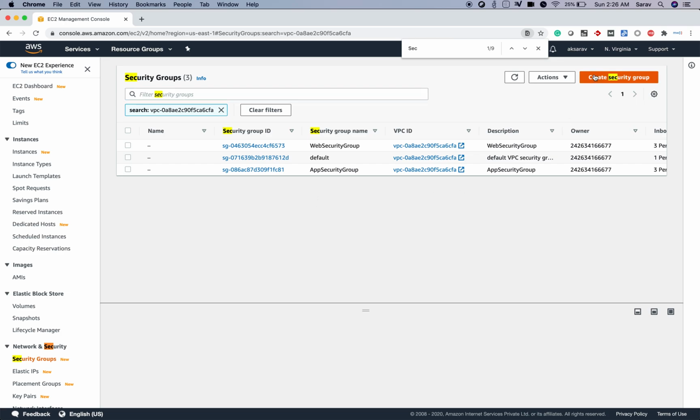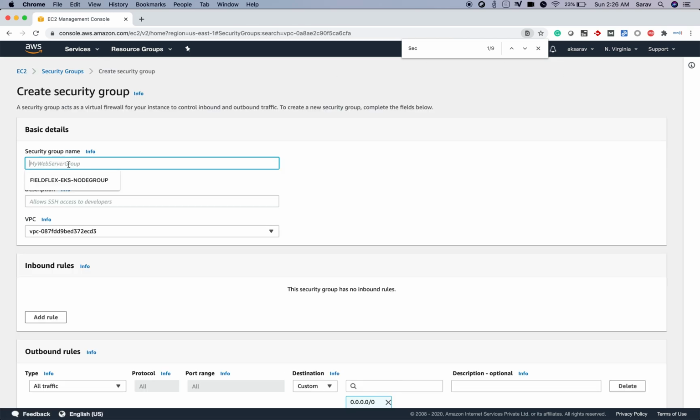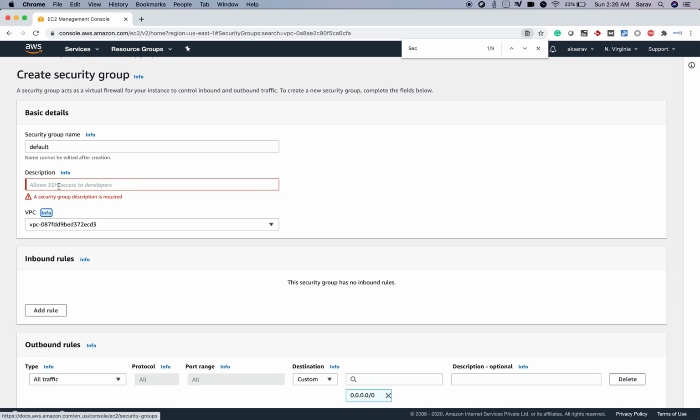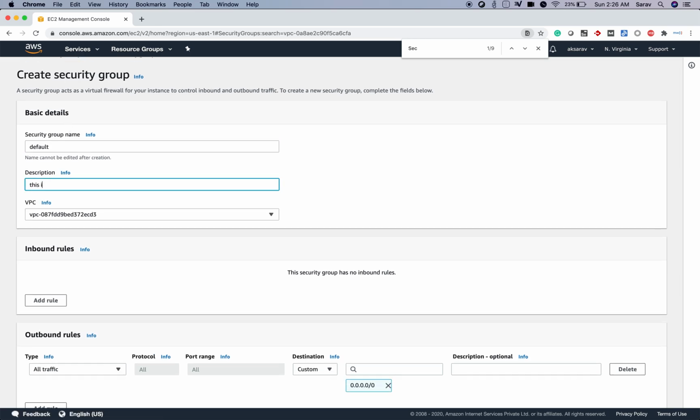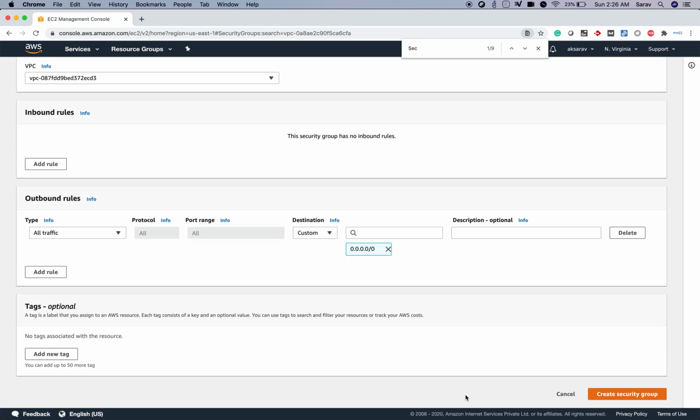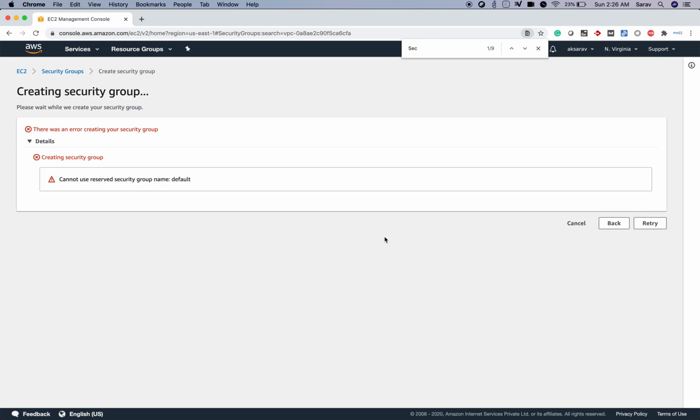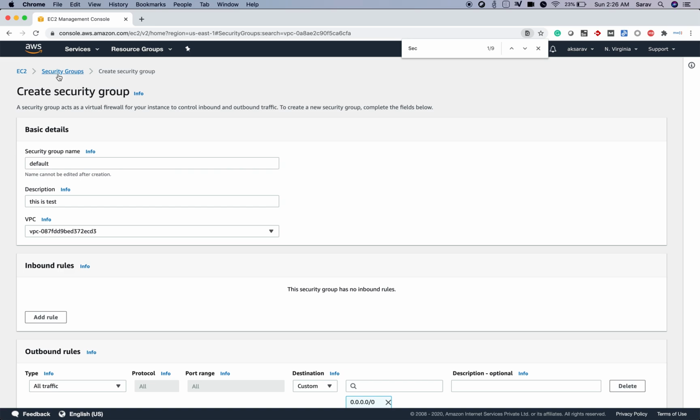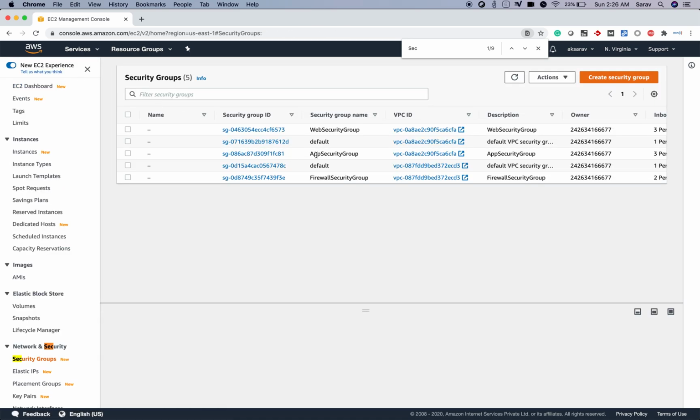In some cases, I can actually have the same security group name. Let's say this is test. I can have one or more security groups with the same name. Oh, okay, this is a reserved name, I cannot use it. So let's go back and take an existing security group name, like web security group.